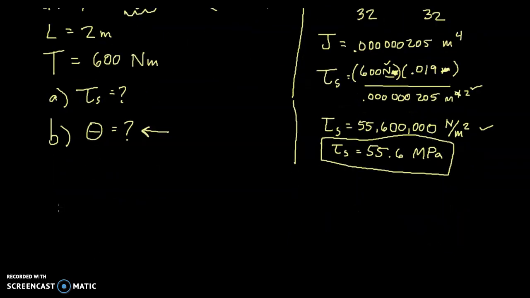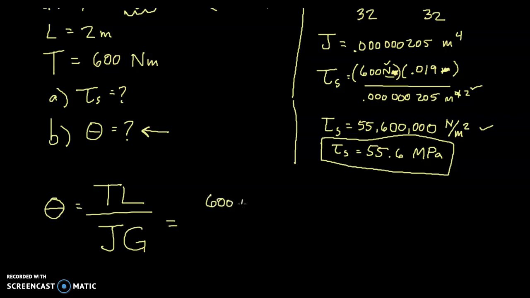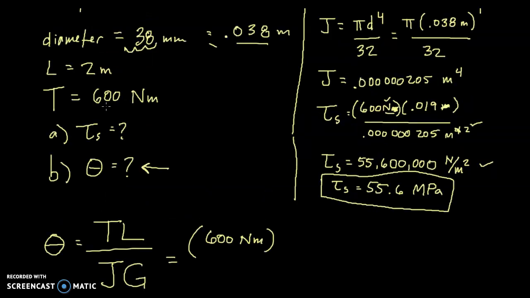I'm going to scroll down a little bit farther and say that our angle of twist is equal to TL over JG. The torque was 600 Newton meters. The length given in the problem statement is 2 meters. J, the polar moment of inertia, is based on the shape, and we've already calculated that. That is